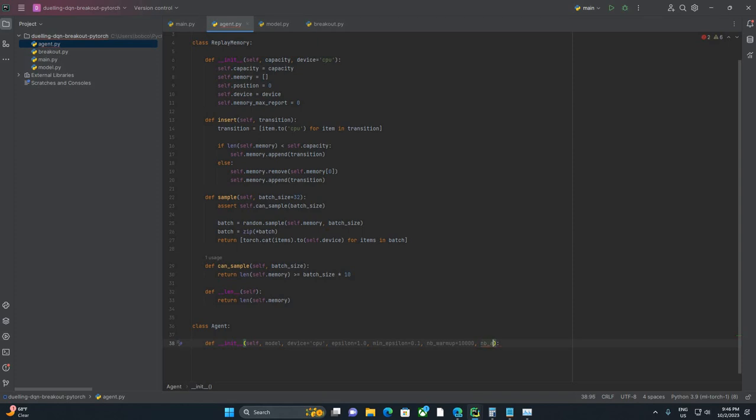I'm going to pass in NB actions, and I'm going to set that to None. I'm doing that on purpose because if someone doesn't pass in a number of actions, I just want this to fail, because you should have to set that explicitly. Memory capacity, I'm going to set a default of 10,000. We're going to end up using more than that. Batch size, here this is a good place to drop down to another line. Batch size, we're going to default it to 32. And learning rate, we're going to default it to